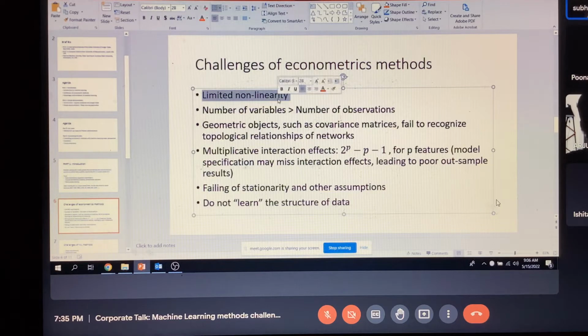I mentioned limited non-linearity, because you do have nonlinear approaches to regression in econometrics, such as piecewise regression and so on. But they're limited, and there are other methods too in nonlinearity, but they're limited. In the case of neural networks, or deep neural networks, they are